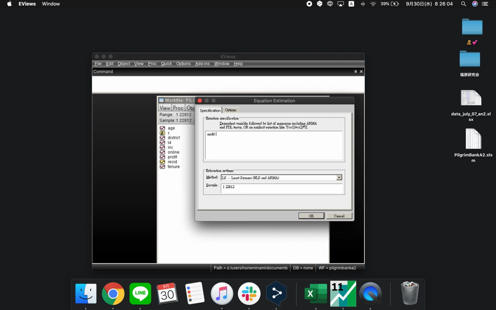After you put the dependent variable, you have to put C between the dependent variable and the independent variables. After the C, you have to type the independent variables. So this time I will choose age